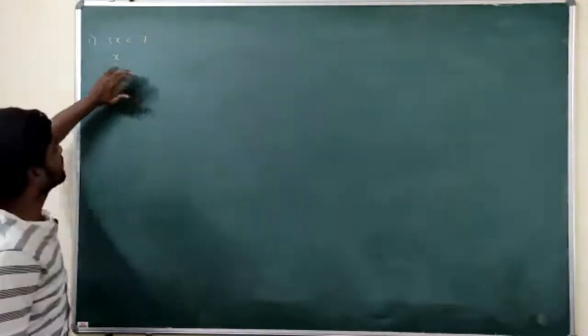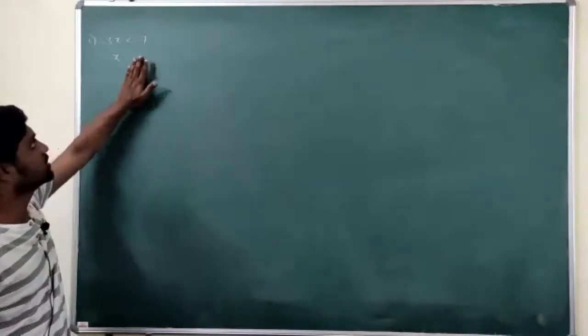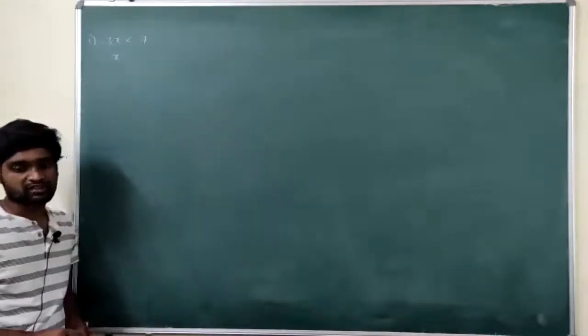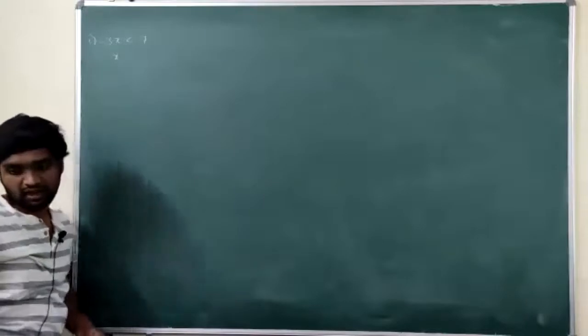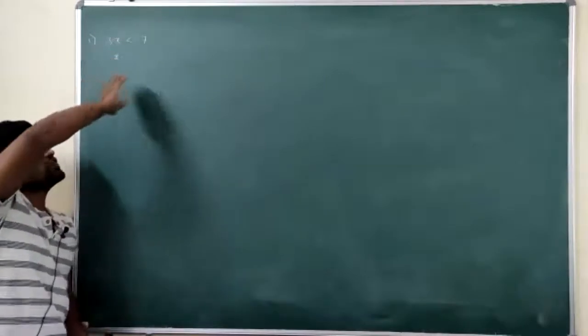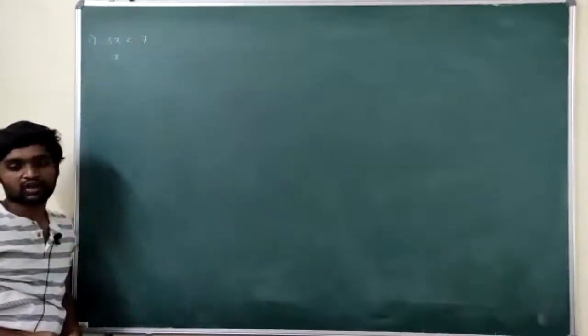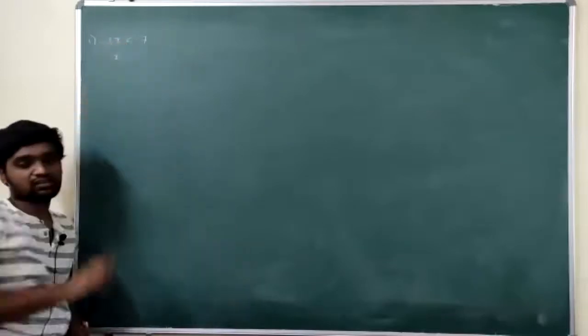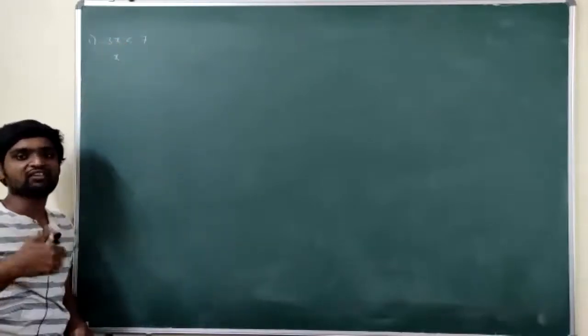Now, see, if I need x in LHS, if I want to talk about x, I need to remove minus 3, right? I need to remove minus 3 from LHS. So, how to remove minus 3? First, you have to check which minus 3 is product, right? Minus 3 is in product with x. So, to remove minus 3, you have to divide with minus 3.